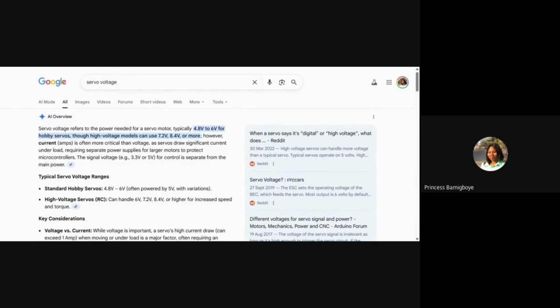So whenever I work with servos, and I'm just using this as an example of a component that you can use 5 volts for, all of the time I use 5 volts, because I know that it carries more weight than, let's say, LEDs or whatever.